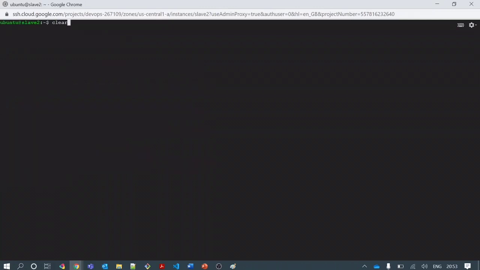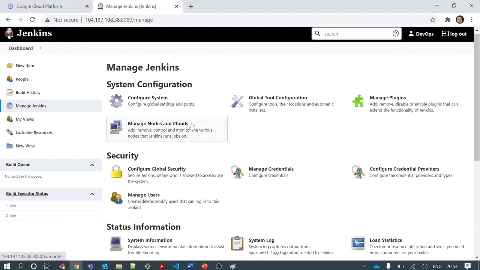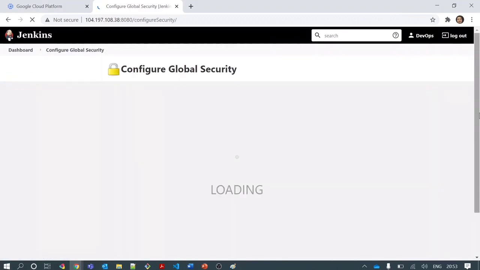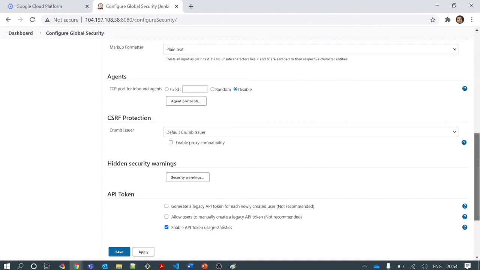Fine, so both my slaves are ready to be configured, and I will go to my Jenkins. Here I need to go to configure global security, and I will change the agent settings to random so that random agents are picked. Okay, this is done. Agent save.